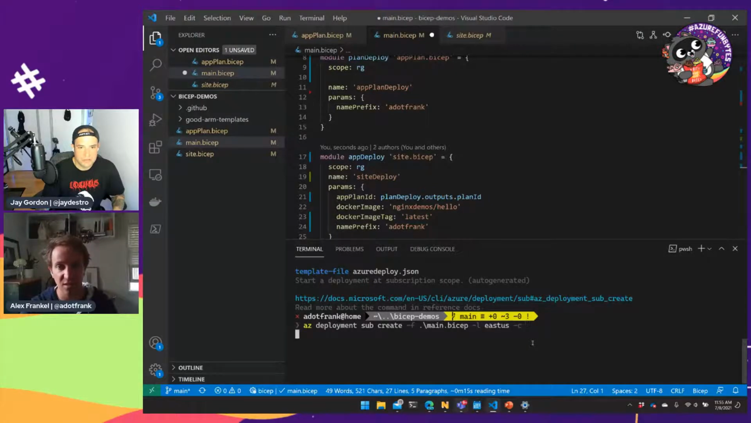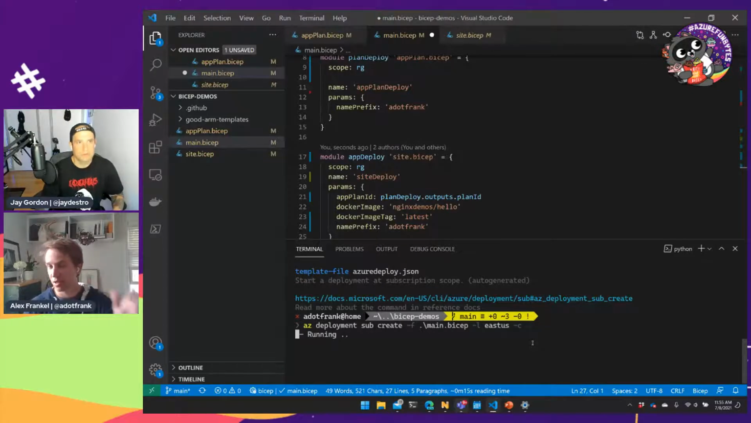Gotcha. Right, exactly. And so now what it's going to do is take the Bicep code, turn it into an ARM template, and actually talk to Azure and say, does this resource group exist? Do these resources exist? Do the comparison, and then give me a prediction up front of what it's going to do. And when this comes back, I can just say go or don't go,